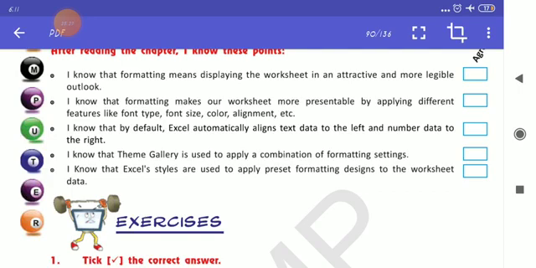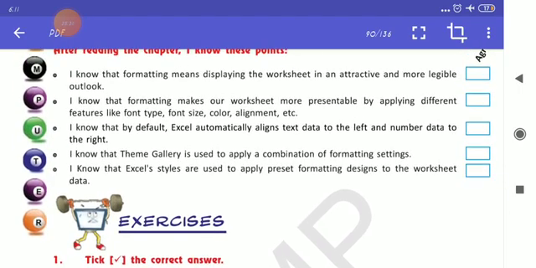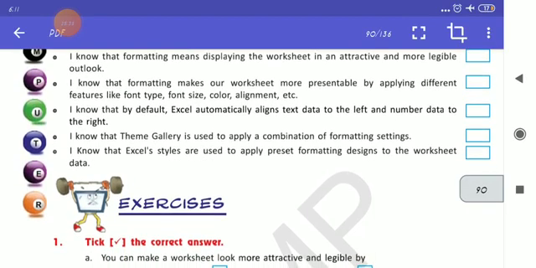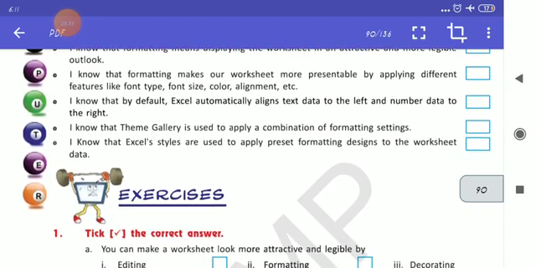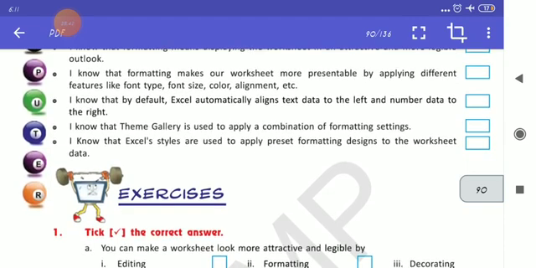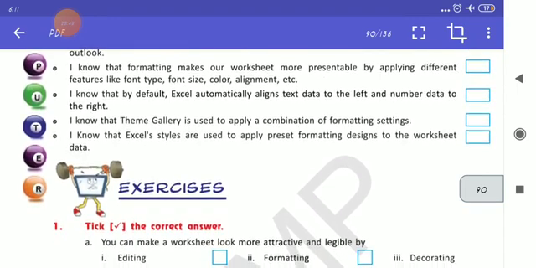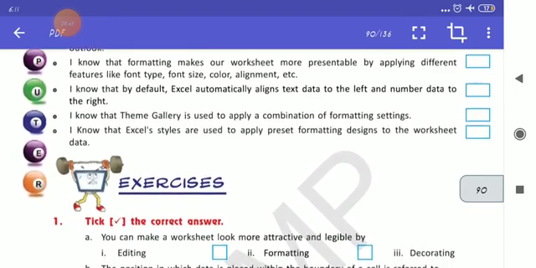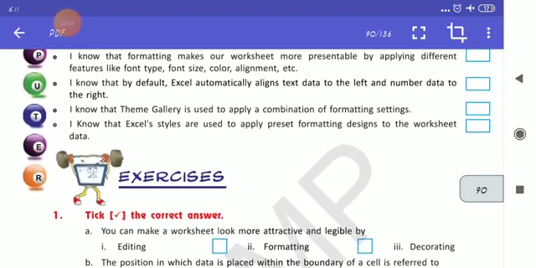So yes, I agree that formatting means displaying the worksheet in an attractive and more legible outlook. I know that formatting makes our worksheet more presentable by applying different features like font type, font size, color, alignment.